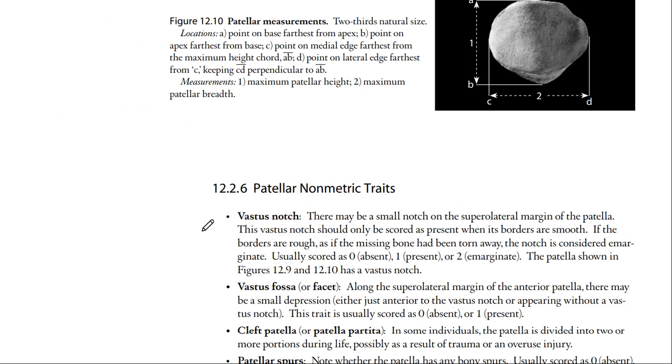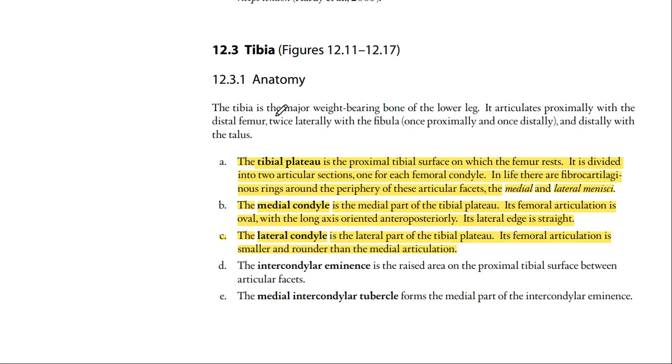Firstly, let's see what the definition or the identification of the major landmarks of tibia is. It's a major weight bearing bone of your lower leg, although it's not heavy or massive like femur, not a strong bone like femur. But when you see in your lower leg, below the femur till your foot, you have the very strong bone which is tibia, whereas on the contrary fibula is quite a thin bone in comparison to tibia. So tibia is strong and heavy, and that robust look could be identified between the tibia and the fibula.